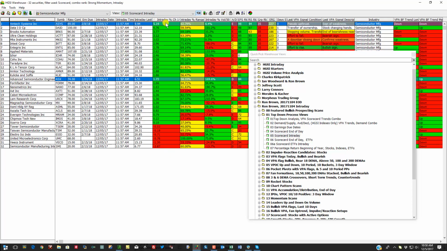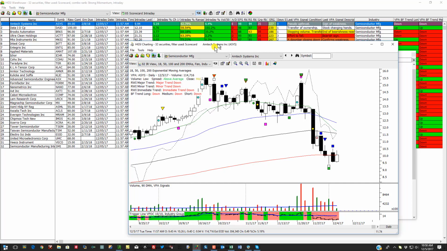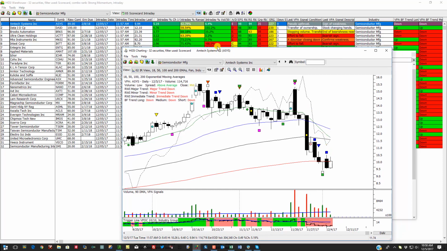If I sort on percentage price change, it tells me that ASYS is the biggest percentage gainer, but then you bring the chart up, you can see there's a lot of overhead resistance here. This is strictly bottom fishing at this point. You can see that it's well off of the high of its intraday range. In fact, that information is right here,